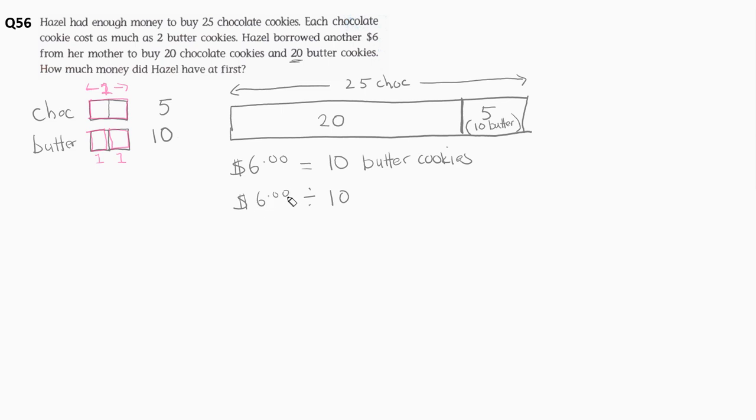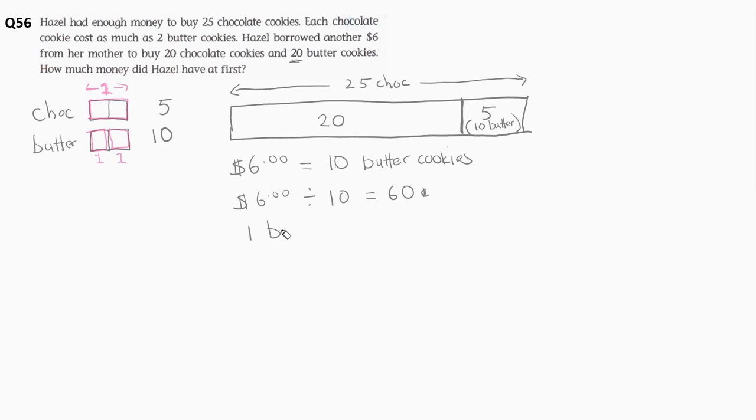That's like if it was £6 and I want to divide it by 10, I might think of this as 600 pence and divide by 10, and that would give me 60p. And it's the same here. This is $6 divided by 10. The answer is going to be here 60 cents. You can, in your head, just think p. That's absolutely fine. So I now know that